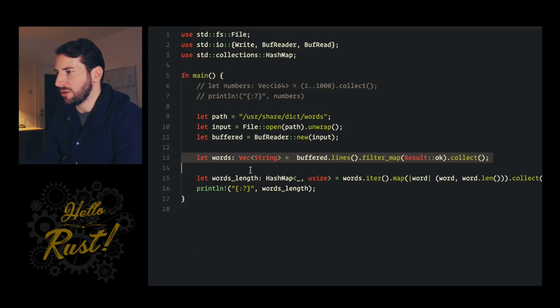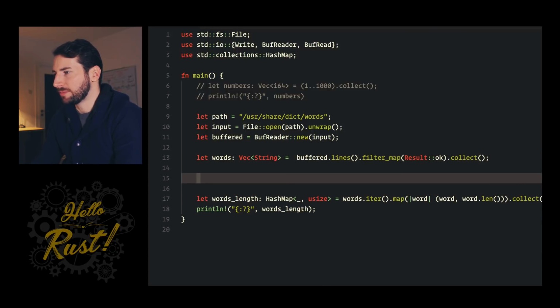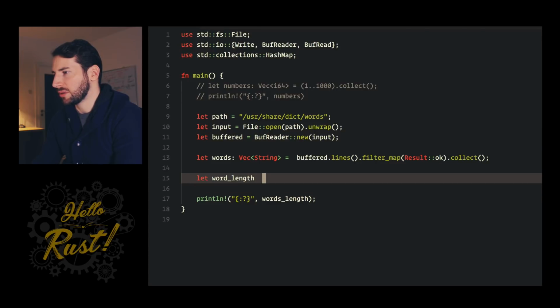Same thing in Rust. Okay, we have our words here and we want to have a hash map. Let word lengths, let's remove that, and we say hash map of the u64 maybe, usize and something, and that is words.iter.map and word, and we say length of word dot collect. Well, that won't work